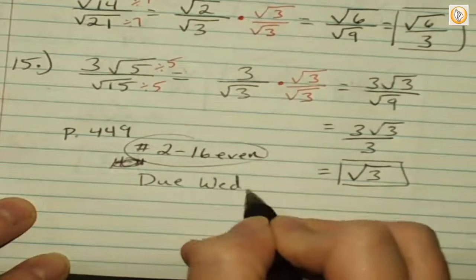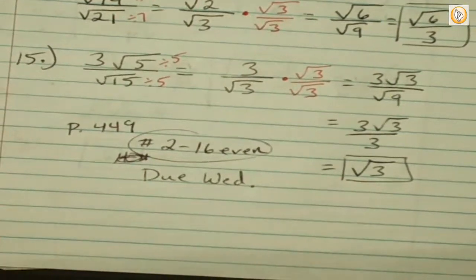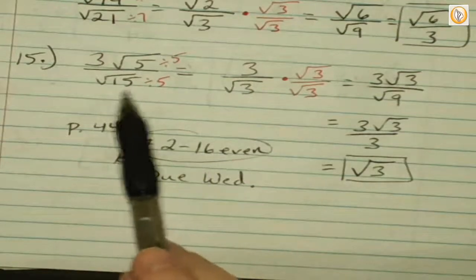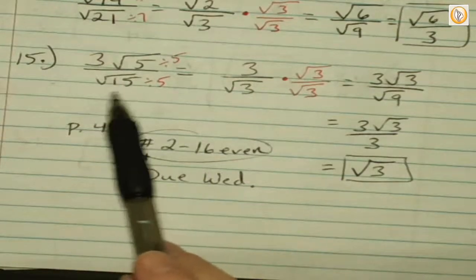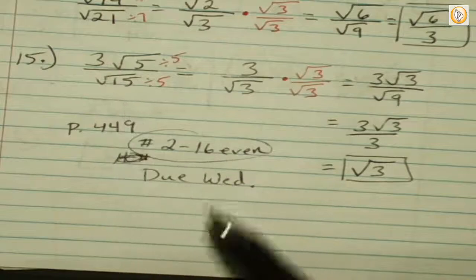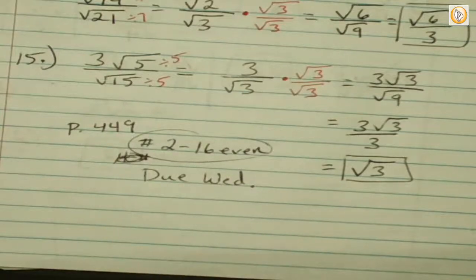What would be the other way of doing it? I don't know what I was thinking. I was thinking of factoring this out or simplifying this, but that doesn't even make sense. So I lost my train of thought. I don't know. That's why you have a